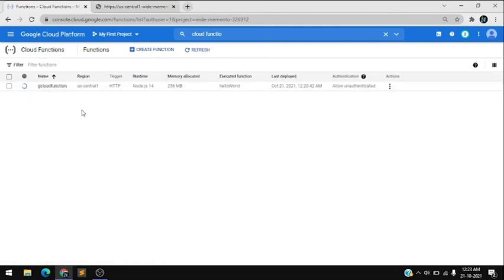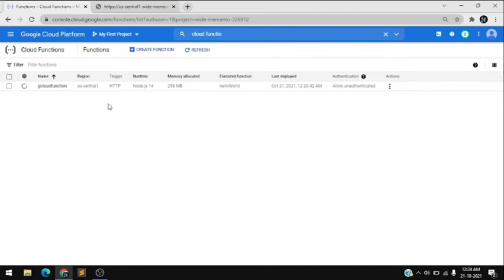Now it takes a few minutes to create this function, so just wait. So here is some information available. You can see the region is US Central 1, and the trigger option selected is HTTP.